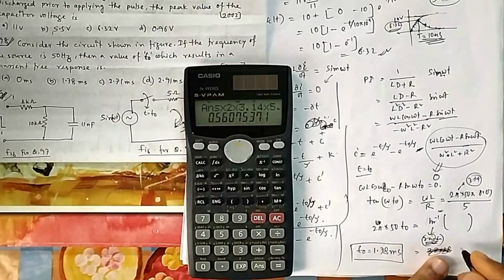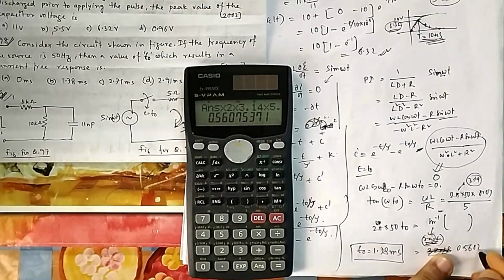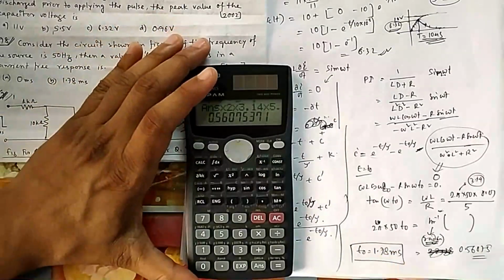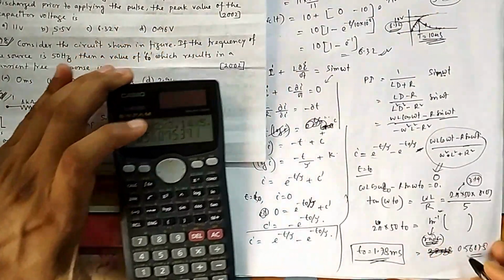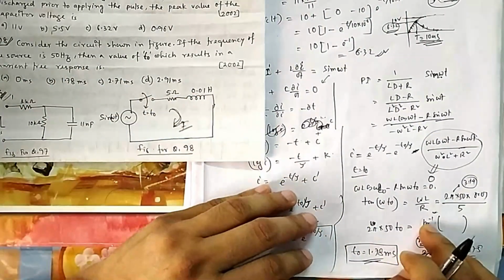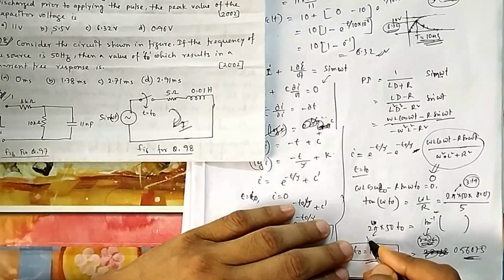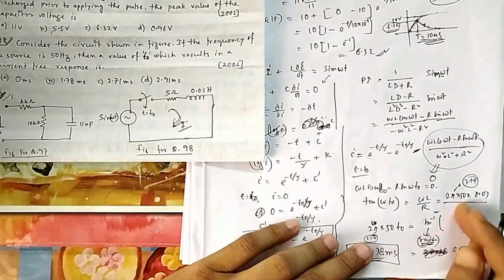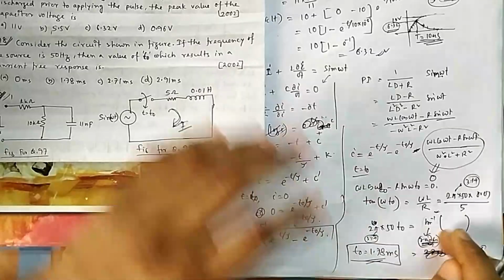I think if you do it, you will find it is 0.56075, something around this. So your final answer will be t equal to this one. If you do tan inverse, you will get this one, 0.56. In radian mode, you have to keep it. Just take care of that one because this side is also pi, you will put 3.14. So all pi you put 3.14 and keep it in radian mode, then you will get the answer.